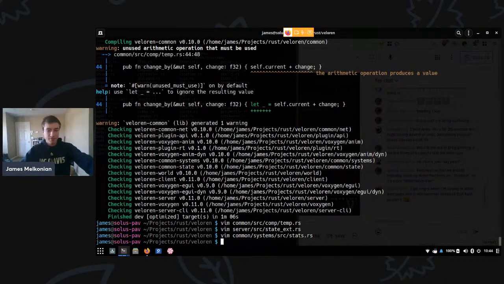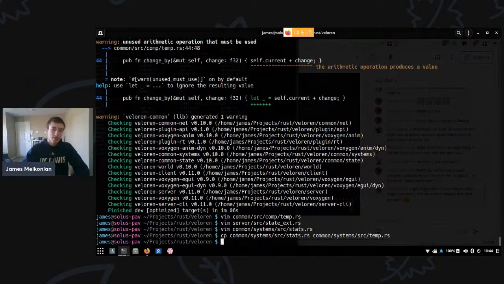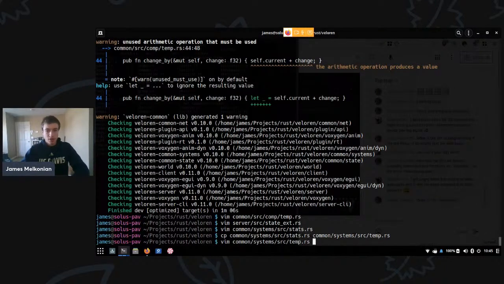let's go ahead and create a new system just for the exercise of it. So like before, I'm going to do the great thing of copy and pasting. We'll grab stats. Yeah, so typically you don't want to create a new system for everything, but we're going to in this case because we might use it for more, especially for temperature, something that could be used in different areas. Yeah, it's in the terrain map. That's what I thought. Okay. So that's why I didn't particularly want to put it in stats, because I didn't want to pull in an extra resource just for one stat if I didn't need to. It wouldn't have been the worst thing in the world. But